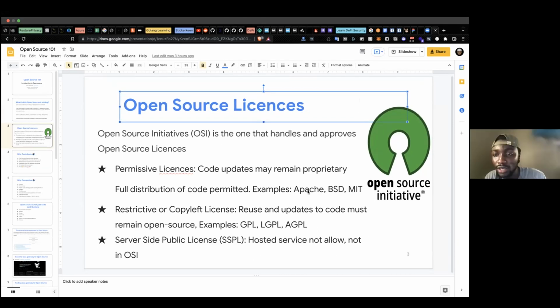Okay. So this permissive license makes software and projects permissive for use and remodification without any penalty, in as much as you are not claiming to be the original author, and in as much as you are not using the name of the open source project or company to back your usage of that project. We have examples like Apache, BSD, which is Berkeley Software Distribution, and